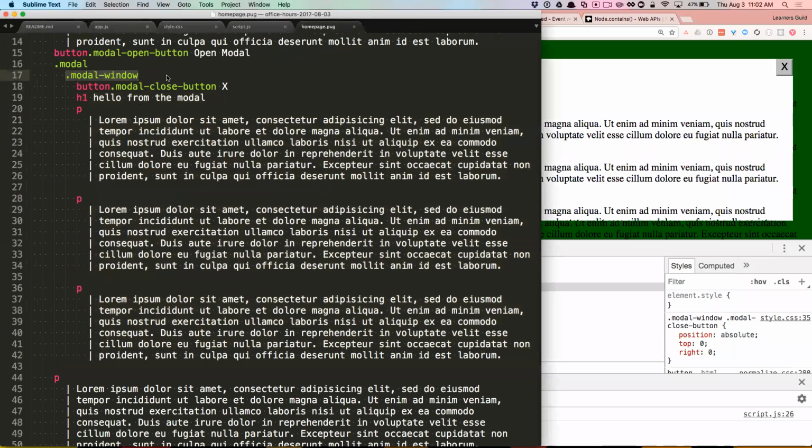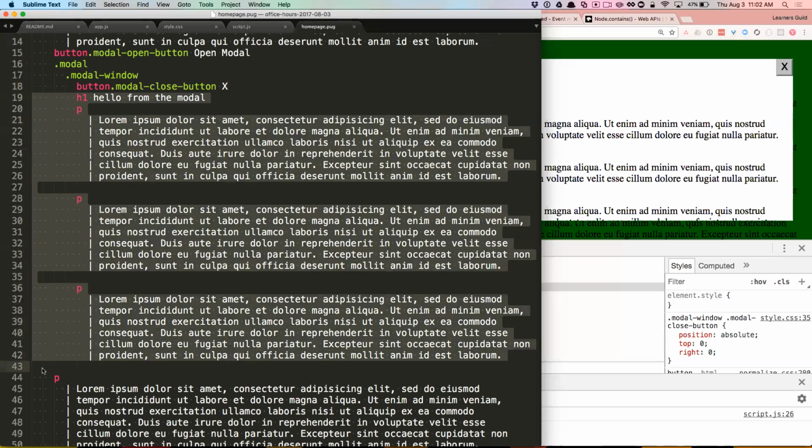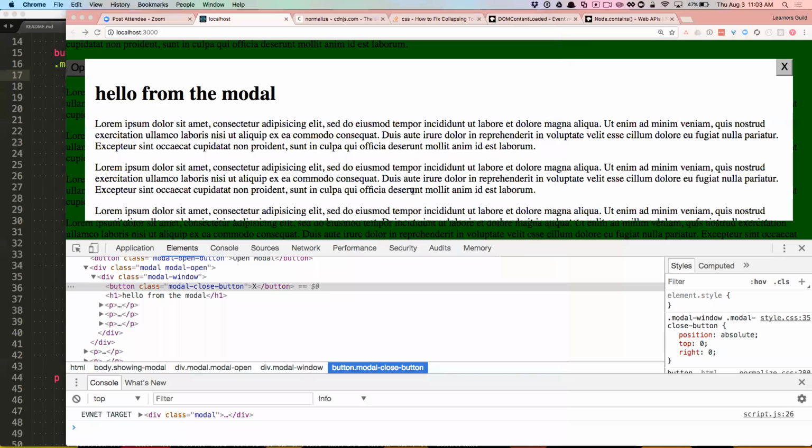But I'm still surprised that the absolute positioning scrolls with it. I don't know why I'm surprised by that. I think I'd know that by now. So what I essentially want to do is put this content in another div so that it can be the element that scrolls. But now the problem that you get with that is this element, modal window here, is also sort of deciding how big to be,